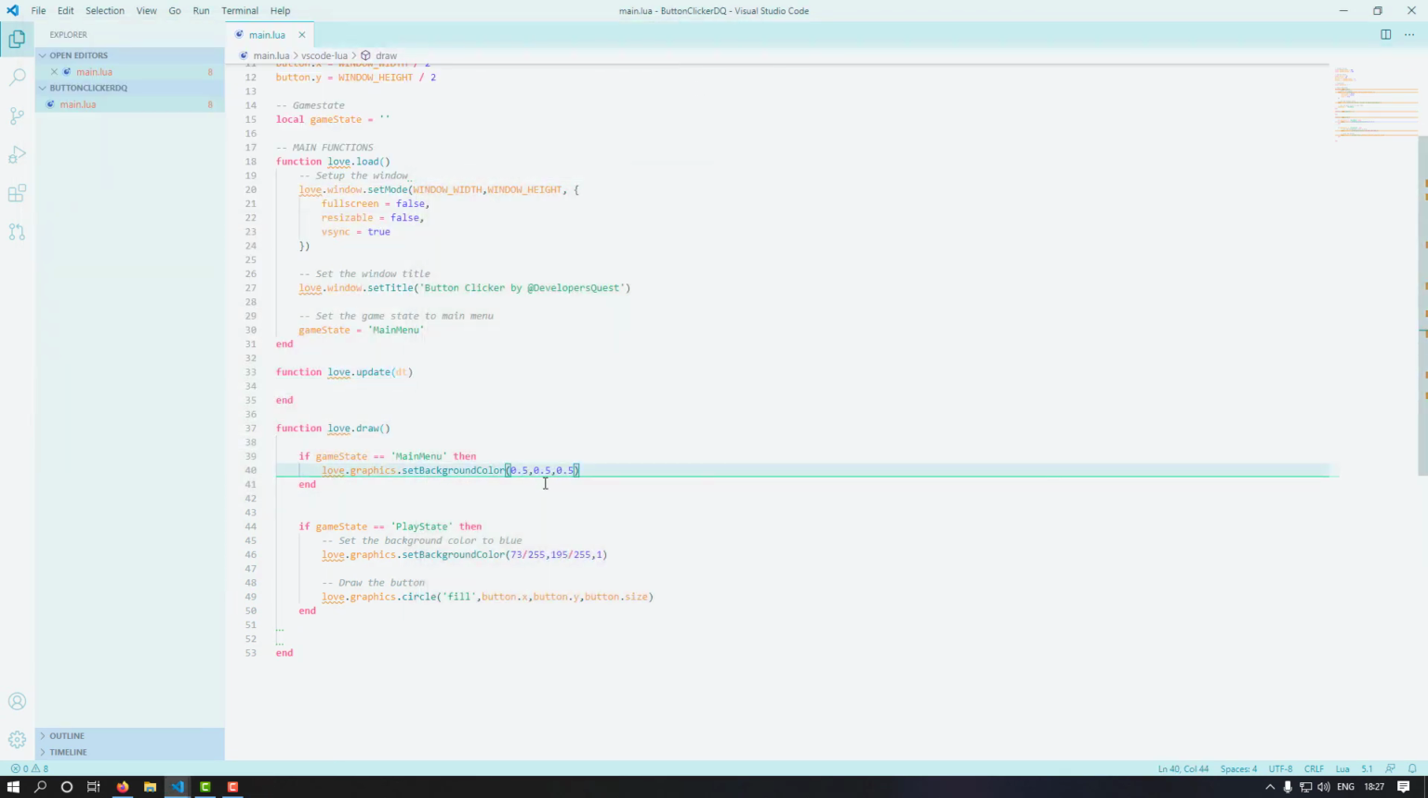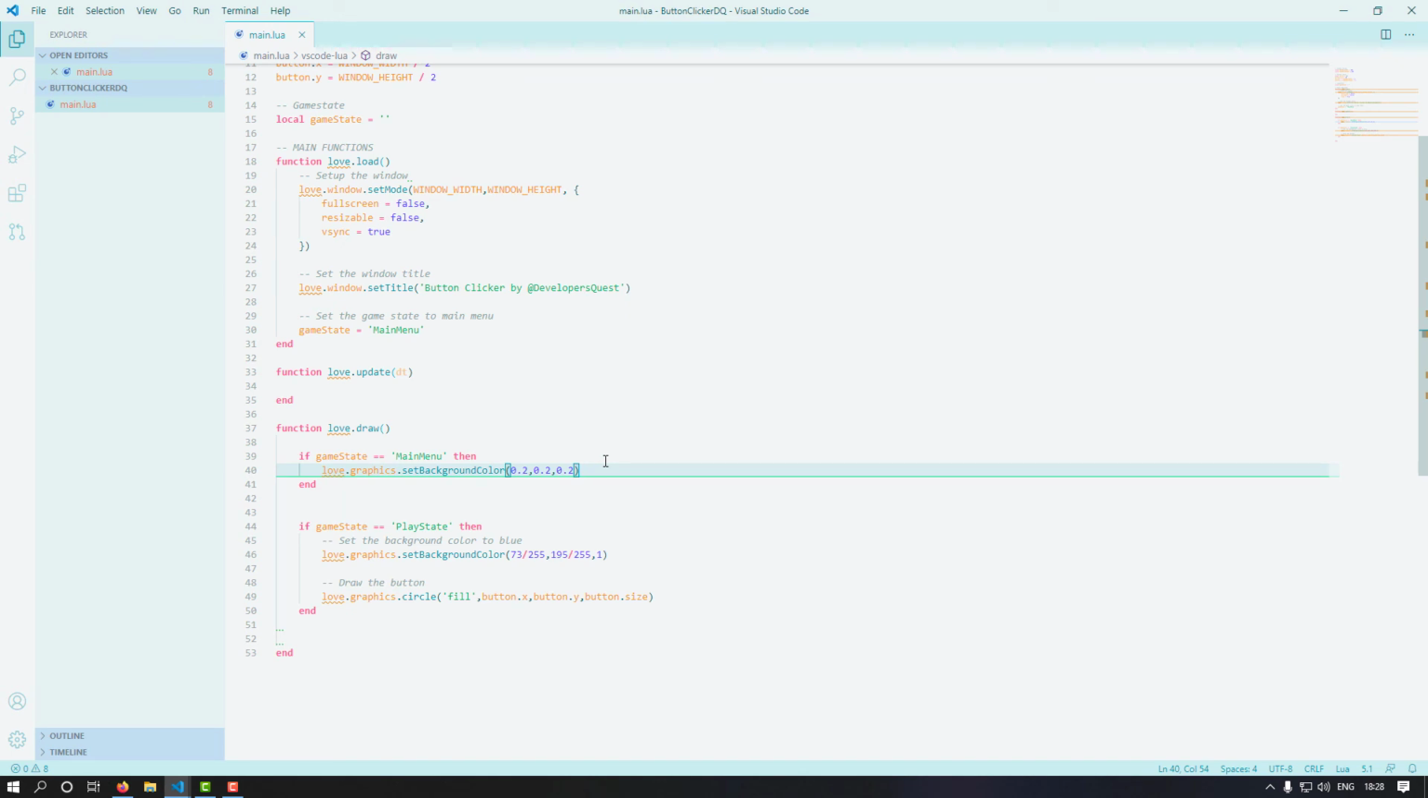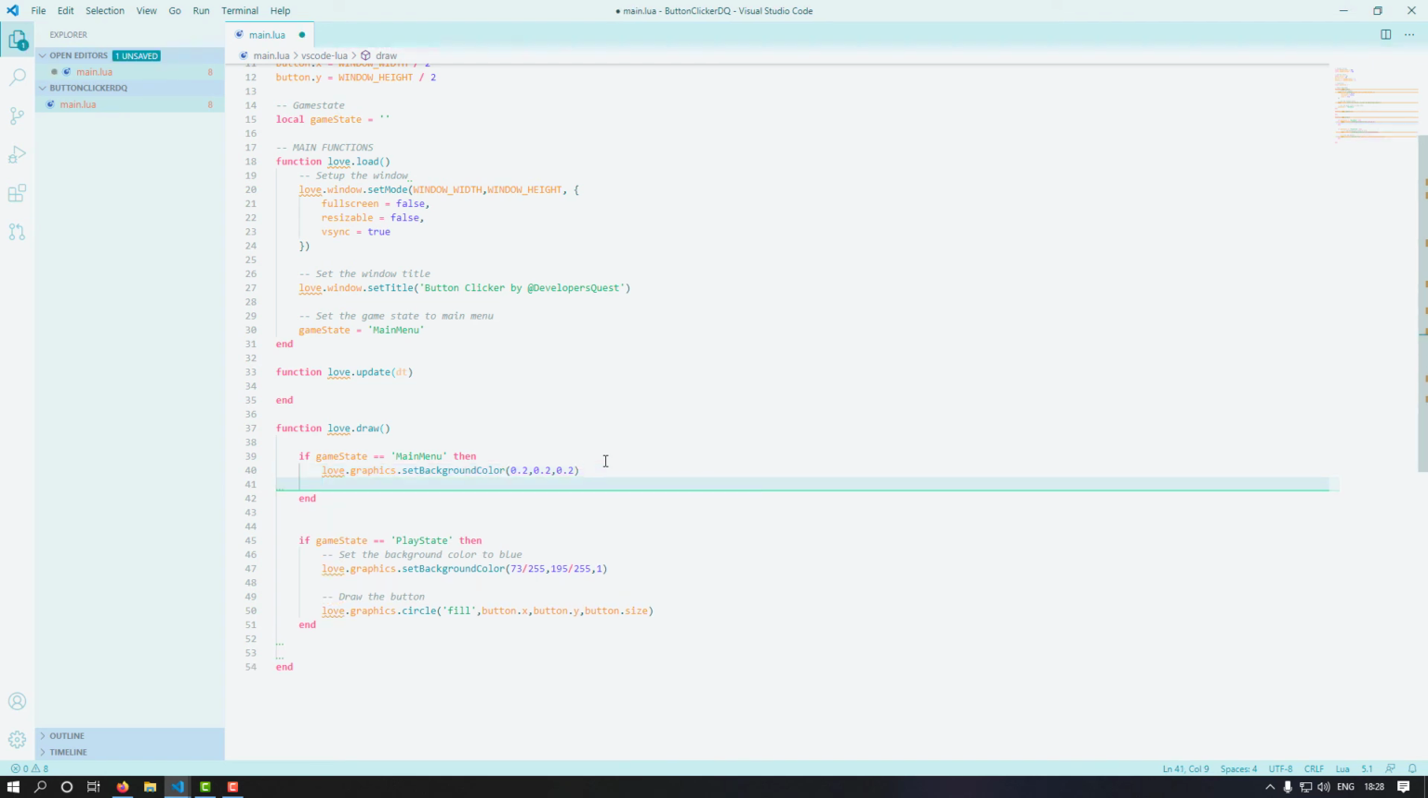You can set it a little bit darker. So I'm going to go 0.2, 0.2, and 0.2. Let's test that out now. Good. Okay. Now we can create some text on the screen. And I'll create the default text first. So we want to create the text on this screen, and we want it to say, button clicker. So for that, we can just do